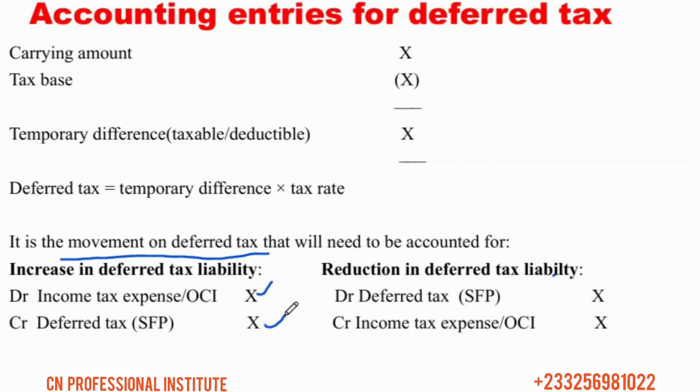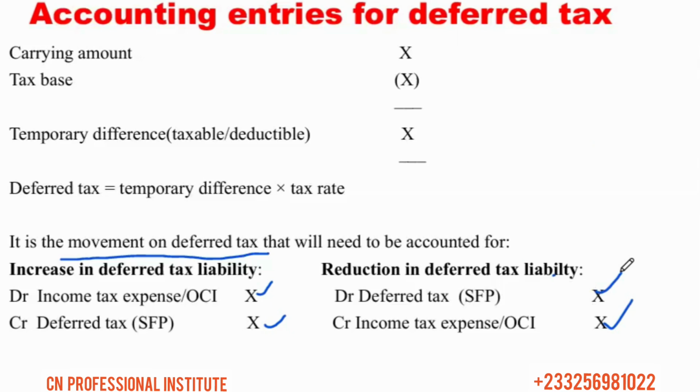So that's what I said. If liability has gone up, we add. So we debit the income tax expense to add. They will take the closing as a non-current liability in the financial position. Reduction in deferred tax liability: if deferred tax liability has gone down, I told you it's an income. So can you see we are crediting P&L or OCI, and we will debit